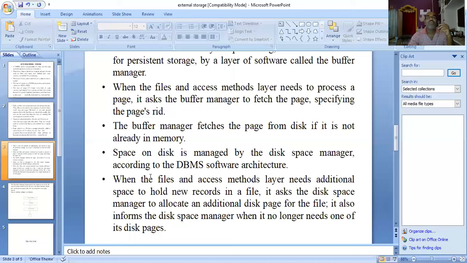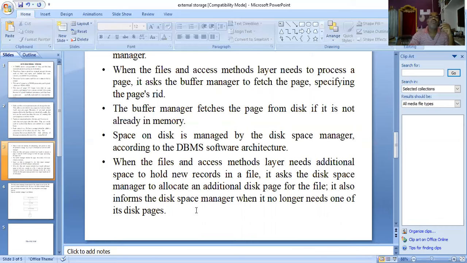It also informs the disk space manager when it no longer needs one of its disk pages.